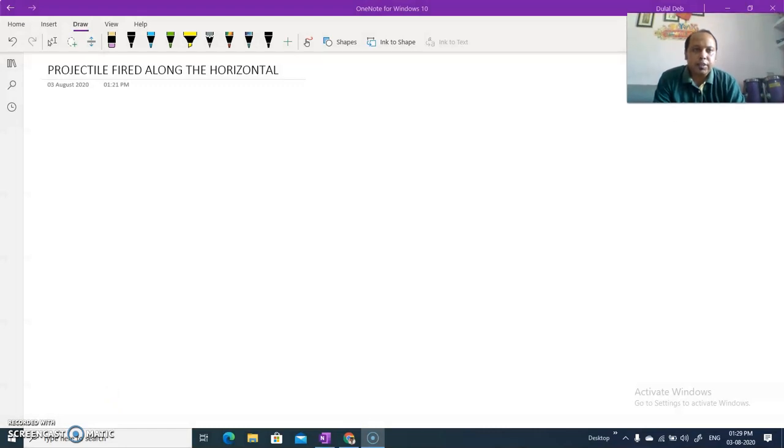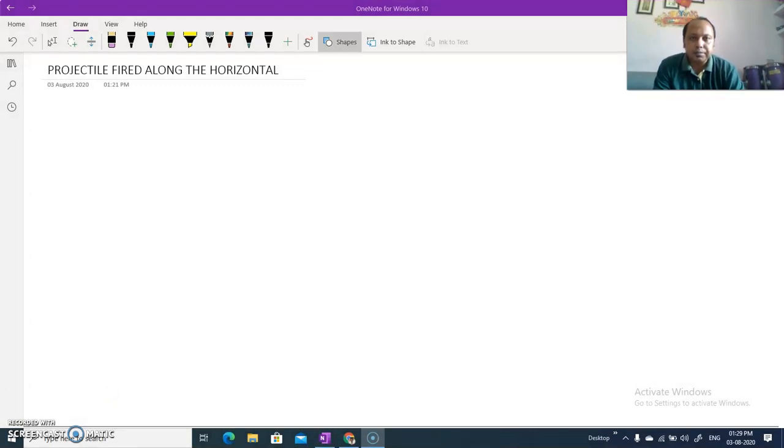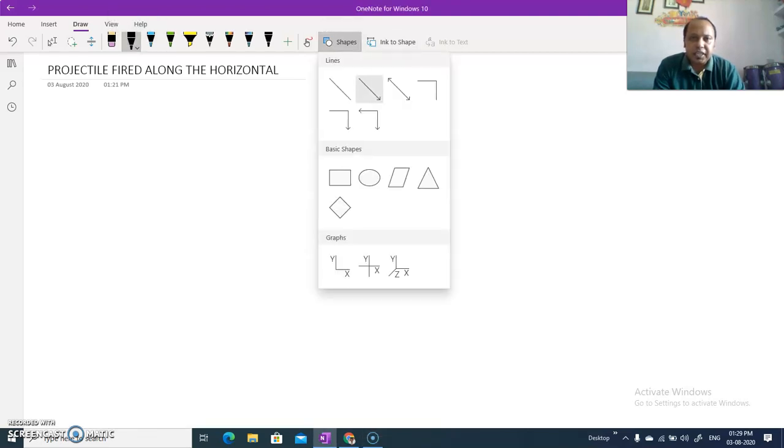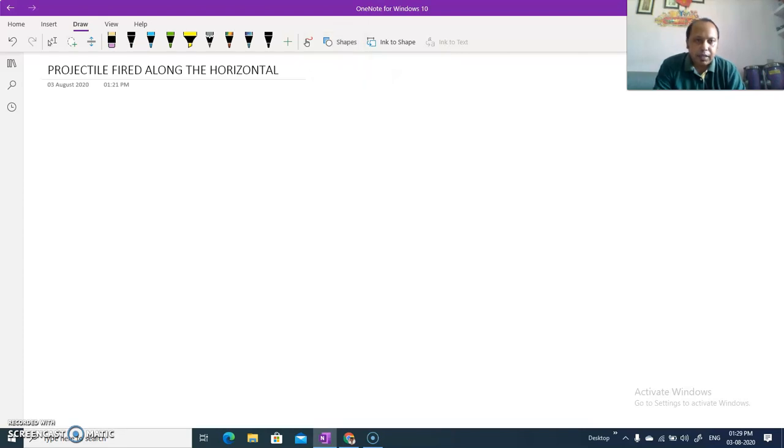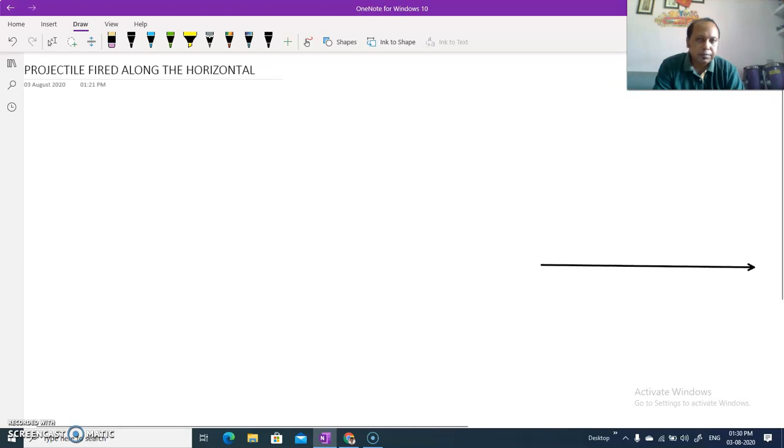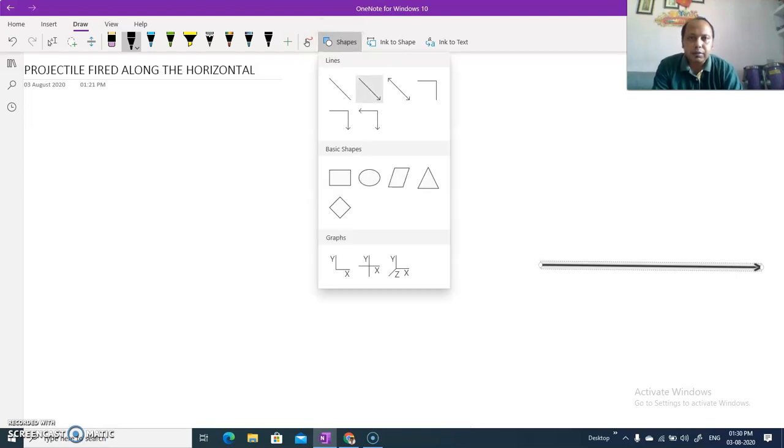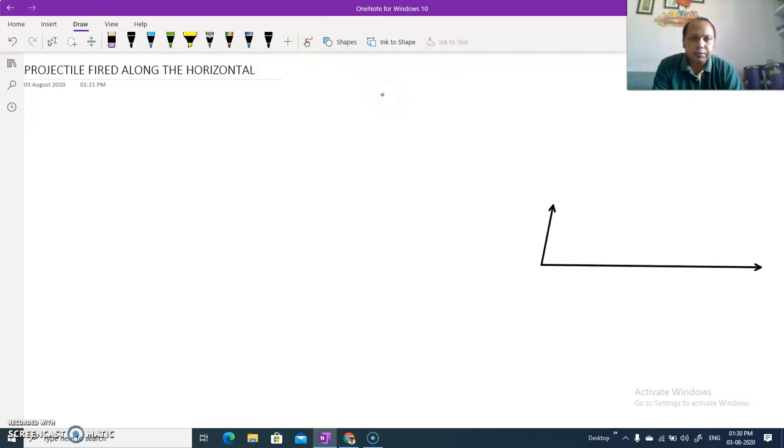See, what we consider first here is, suppose we take a coordinate system. Let there be x-axis, okay, and let there be y-axis again, okay. So we have both the axes, x-axis and y-axis, and suppose